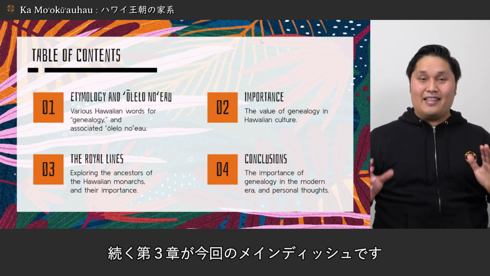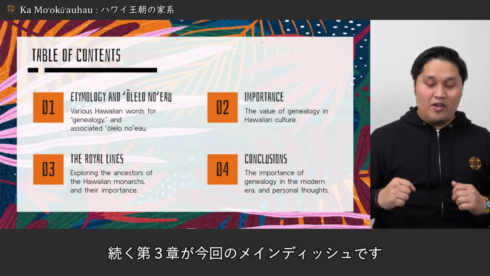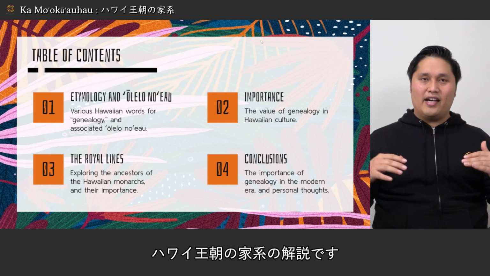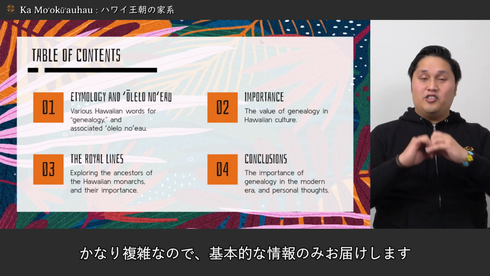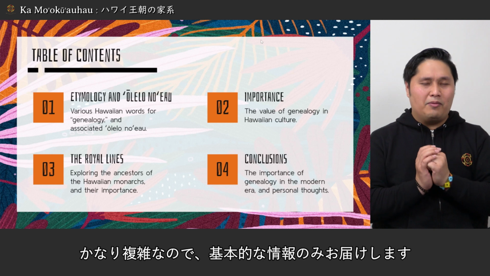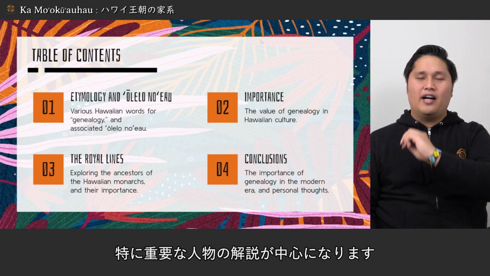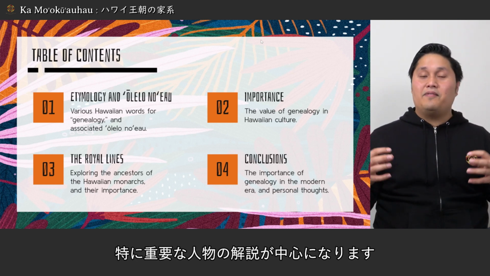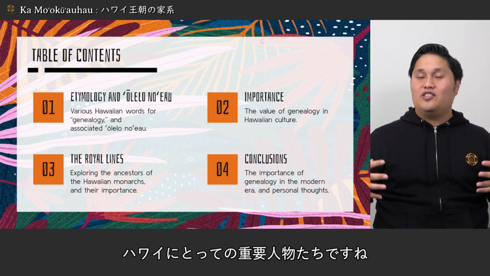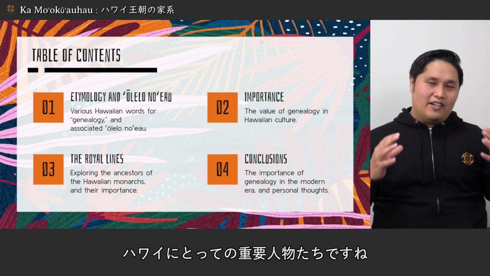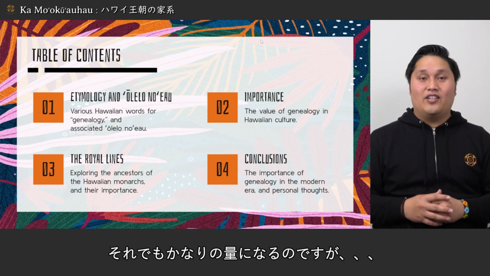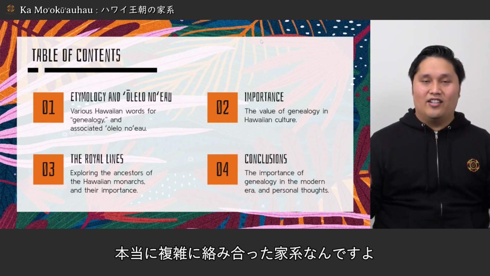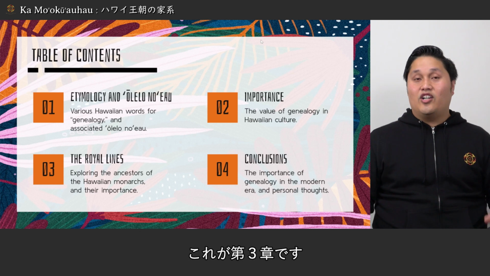In our third topic, and this is where the meat is going to come in, we're going to go over the Hawaiian lines, the royal lines, the monarchs. There are so many monarchs we're going to cover, so I'm going to give you some basic information on some of them. There's a lot, but some of them have very interesting lives, very connected to Hawaii, and I would like to cover them. And again, how are they related to each other? How is all of this connected? Okay, so that's our third point.